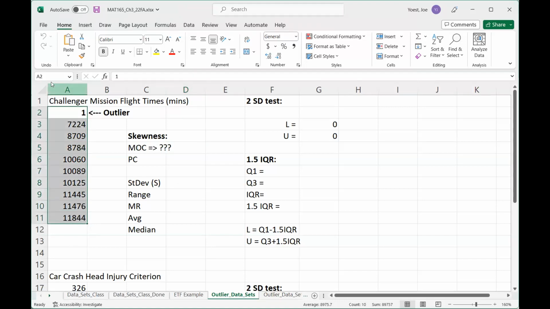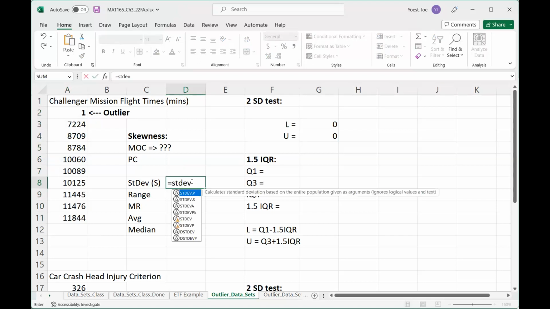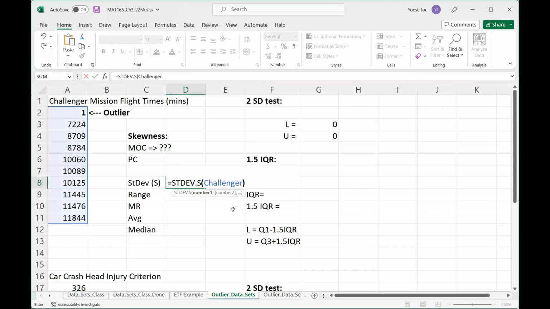Well, first, let's give the data set a name. I'll just call it Challenger. I don't really care if it's a bit of a long name. I can use autocomplete. It makes it pretty quick. If I call this a sample, stdev.s of Challenger,